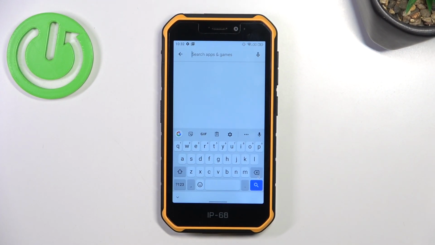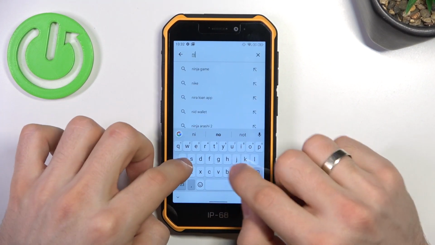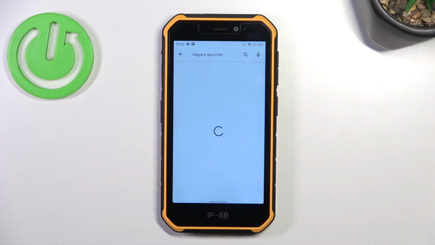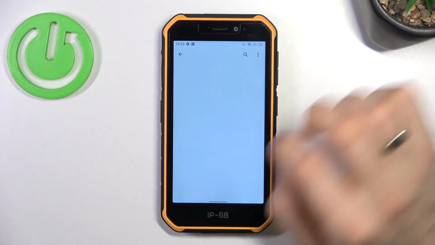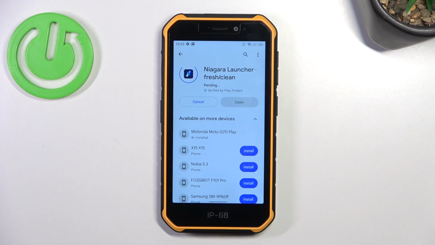So in second place in my top is Niagara launcher. So just find it, Niagara launcher. Niagara launcher is a very light theme, and it's very clean, it's very fresh, as you can see in the launcher's name. So find it,